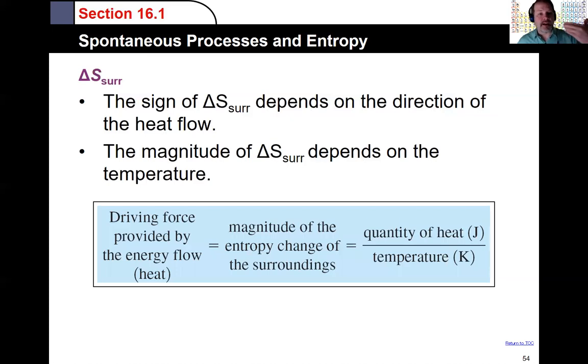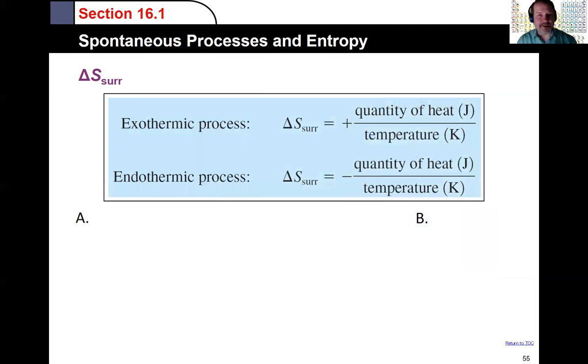So there's 2 aspects to this. What is the temperature of the chemical reaction that's taking place? And what's the flow of the heat? Is it leaving the chemical reaction? Is it coming in? Is it exothermic or is it endothermic? So one of the things we need to also think about is not only just heat flow, but why are we dividing by the temperature? Why are we dividing by K? A little thought process may help us here.